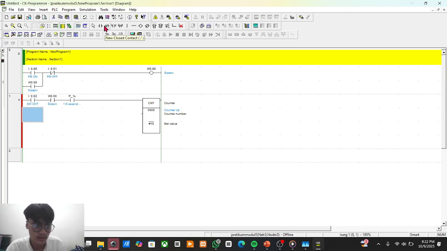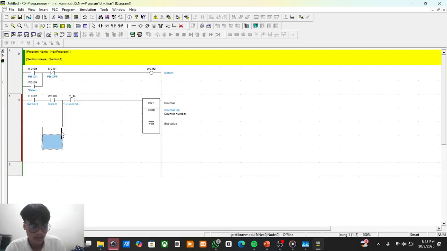Next, vertical in here, and here, and here.